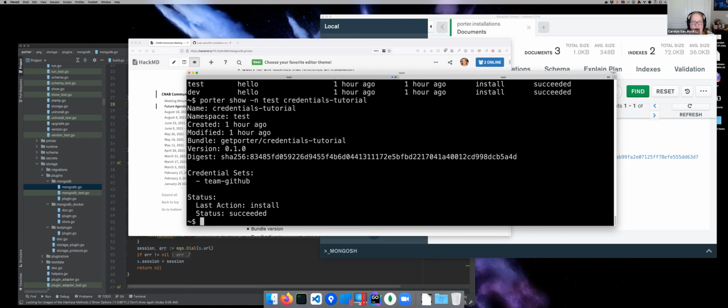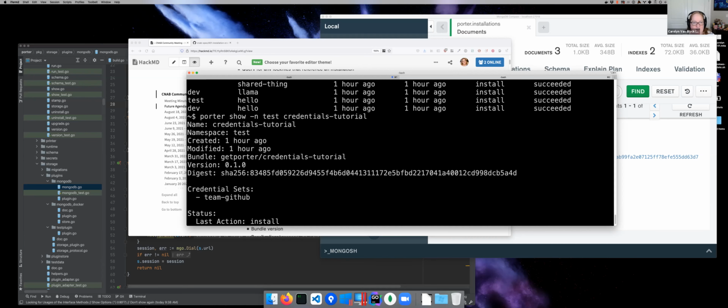And now, say the operator needs to do an upgrade. If I bump that version number, it'll know to automatically pull in and use the team GitHub credential sets. That's not implemented yet, but that's like the next step. That's what we're trying to lead to, is being able to either work with bundles imperatively and just run, I want to run this exact upgrade command and here are all the flags, etc. But then have another mode where you just say, this is what I want it to look like. So we do this for credential sets. We also do this